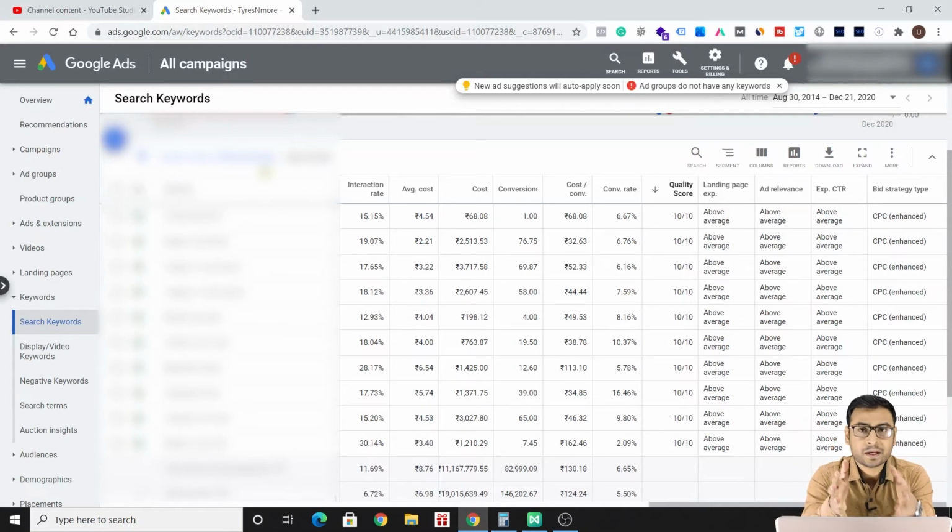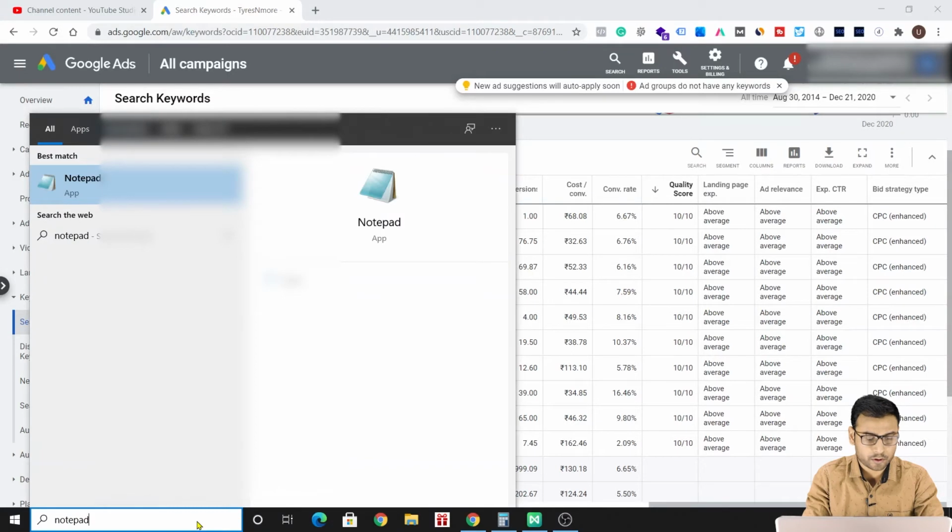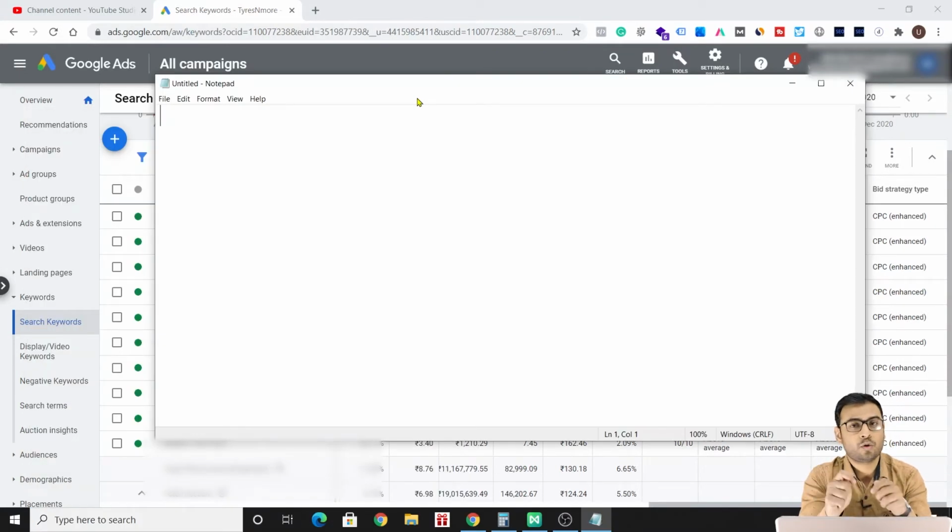So whenever there is high relevancy, whenever Google finds that this specific keyword that this advertiser is bidding on is relevant to the user's query and to the other places where the keyword is present, Google will give you a higher quality score. This is how it actually works. And we also discussed in previous videos that if you have a good quality score, then even if you put a low bid, there are high chances that you will get good positions in the search engine result page.